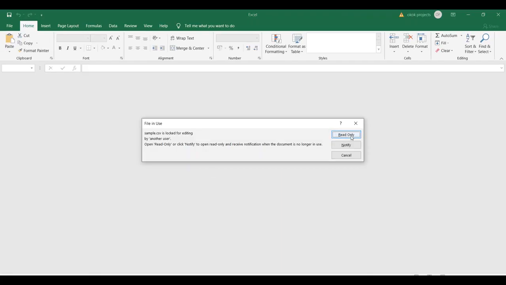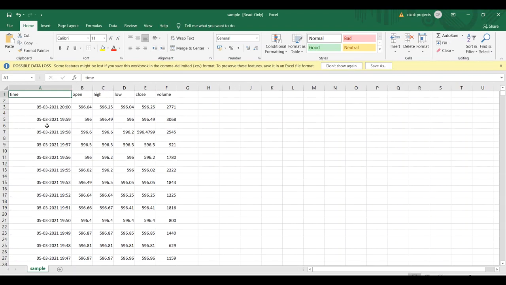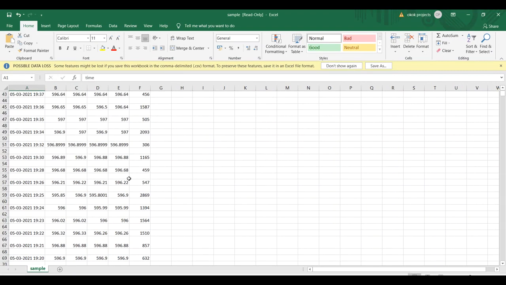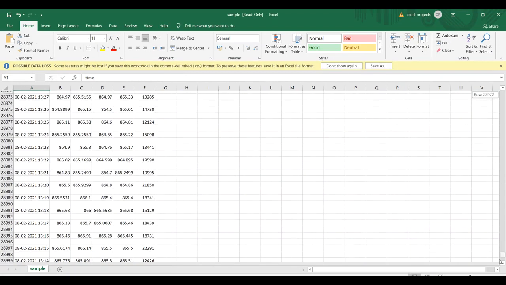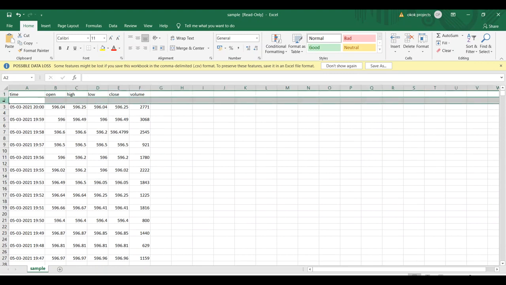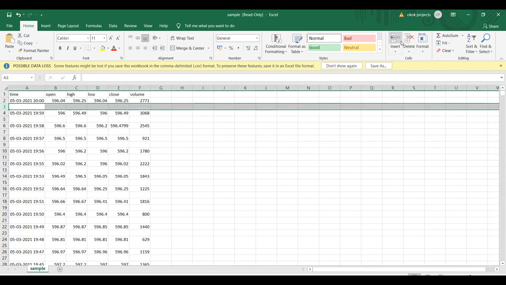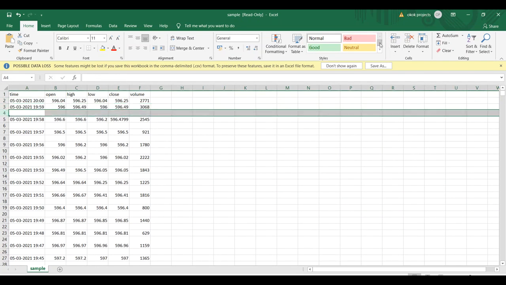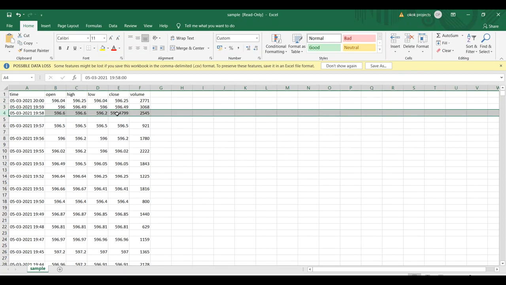By using that sample.csv file, we have the option to see all these values. These are all the data set. I'm getting nearly this much data, and this real-time data set we have the option to download. Once it is downloaded, manually we need to remove these unwanted empty rows, then save it under a different name. Once that is over,